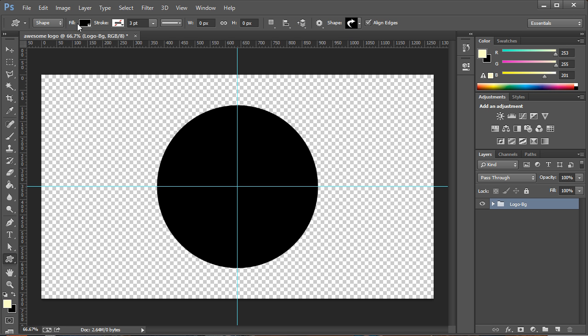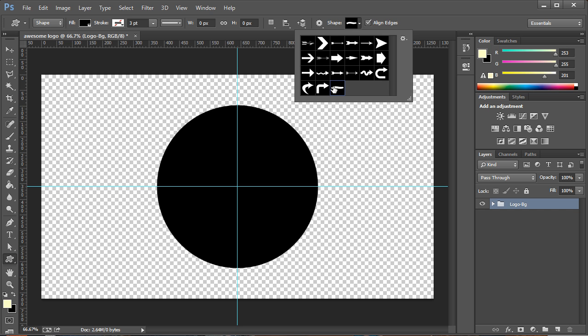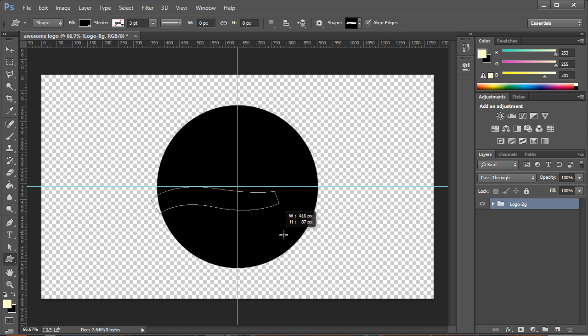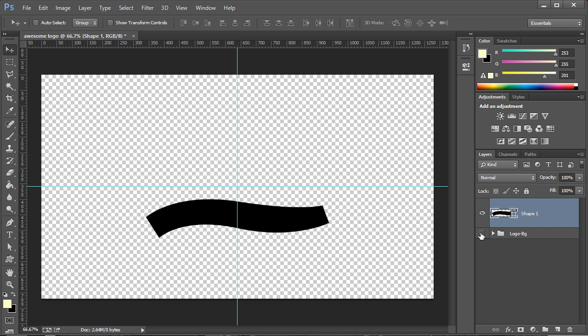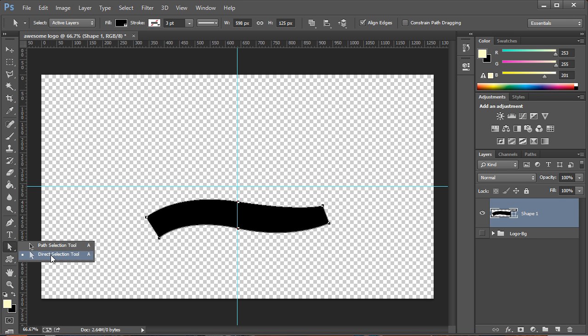So we're going to go to the custom shape tool, and then we're going to go ahead and select that banner shape. I'm going to go up to this blue dot over here, hold down shift and drag out, and then I'll just hit V and I can move this down, and you can see here it auto kind of centers it for me. And now what I'm going to do is go over here to my direct selection tool,